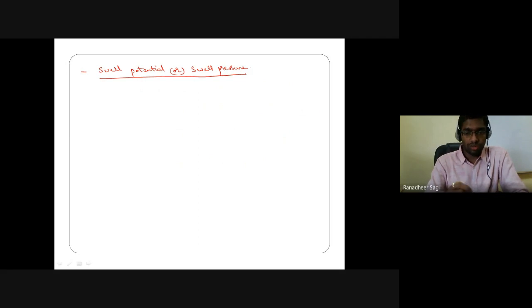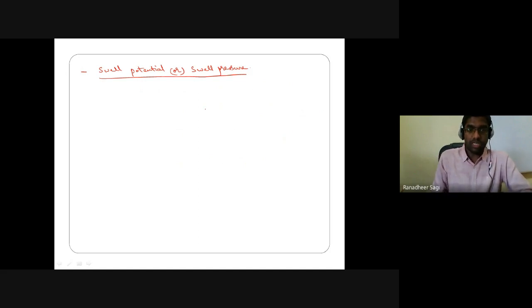You don't generally come across any such failure because of the swelling characteristics of that soil. So our objective is to understand how much the swell pressure value of that soil is going to be. If the swell pressure of that soil is 20 kilopascals, then if I externally apply 20 kilopascals of pressure on that soil, I can counterbalance the effect of swelling so that there is no change in volume. An increase in volume does not take place, resulting in a non-failure condition in structures constructed on expansive soils.